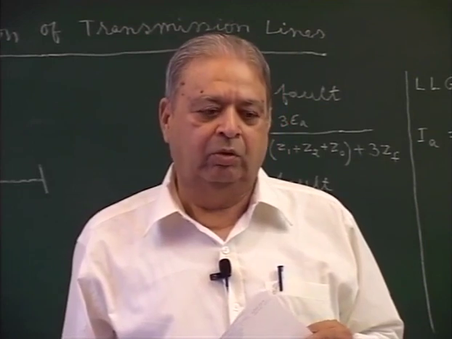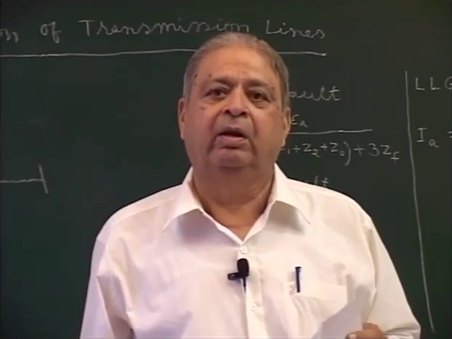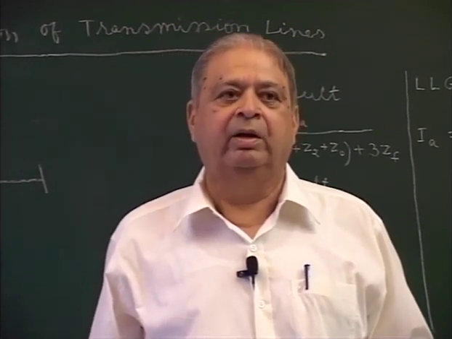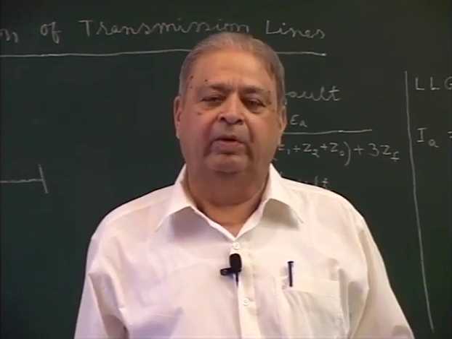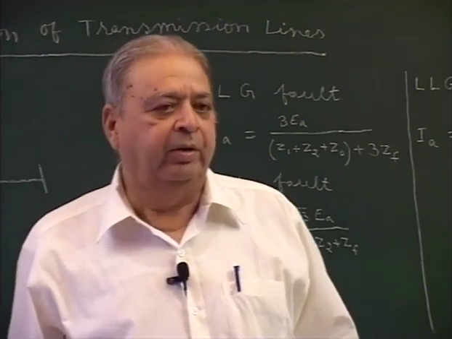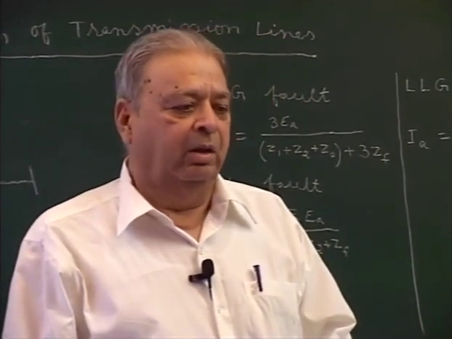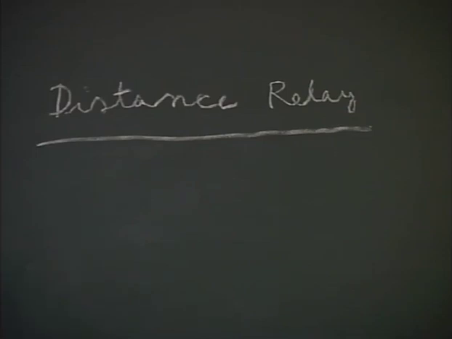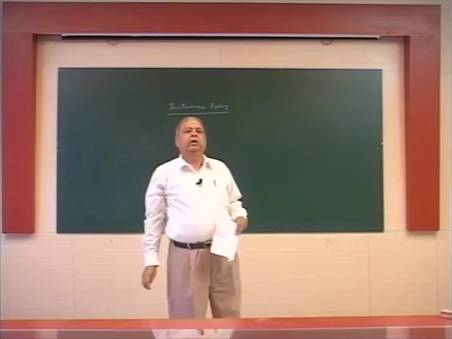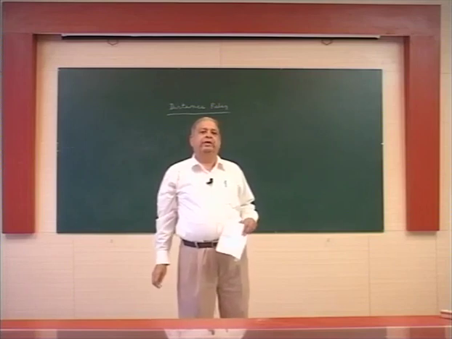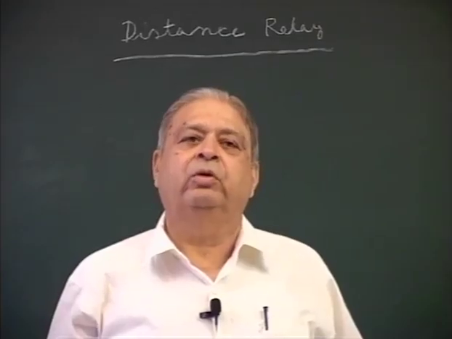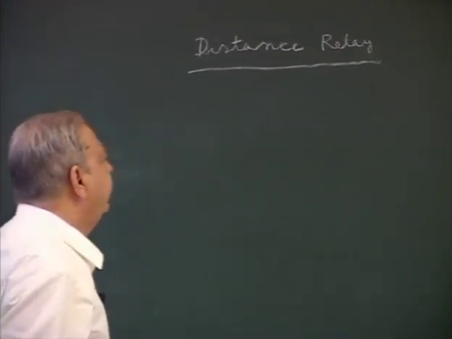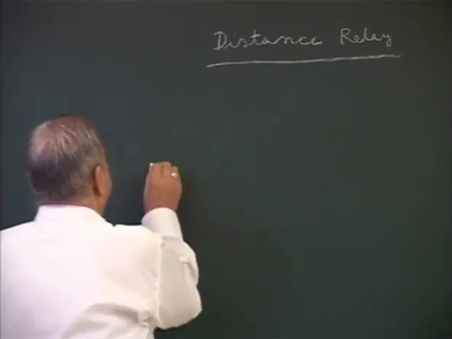Now, for more complex cases where a transmission line is existing elsewhere in the system and we have to protect it, we make use of another type of relay which is known as distance relay. A distance relay obtains signal not only from the current flowing in the line, but also from the voltage of the bus. A typical arrangement